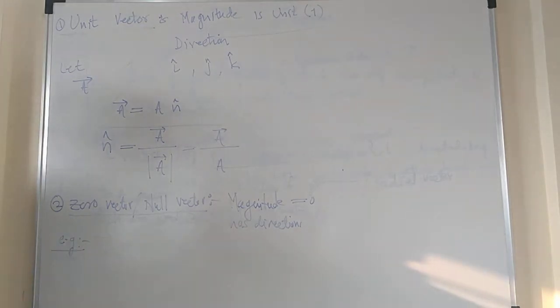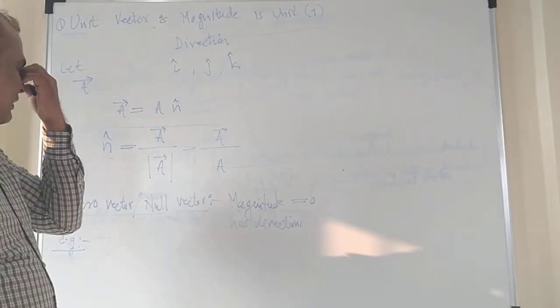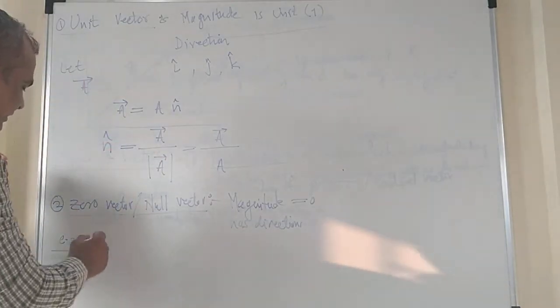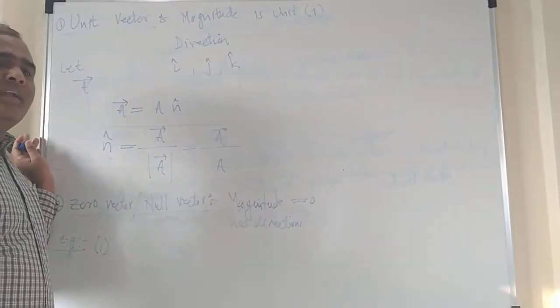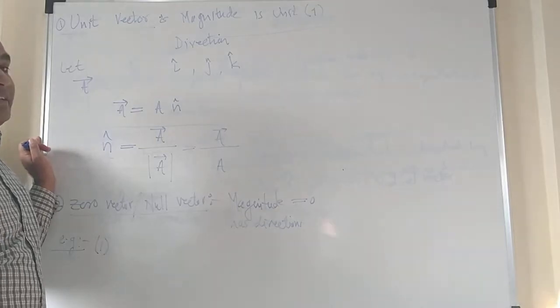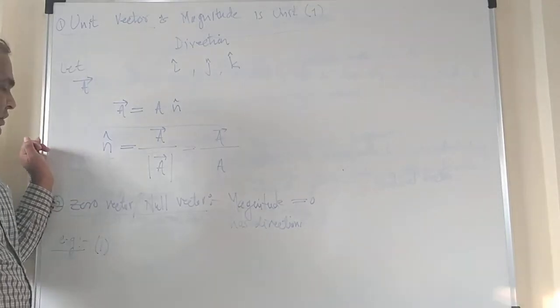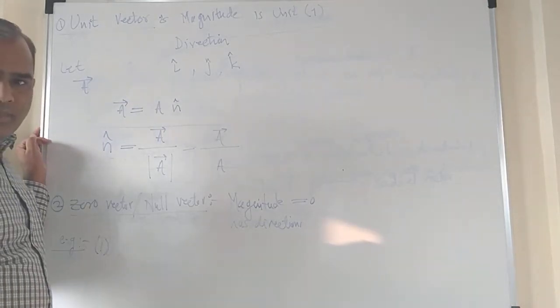You could find this somewhat difficult. What is a zero vector or null vector? But let me give you an example. What are the examples of zero vector? You can find physical quantities whose magnitude is equal to 0 but which have a direction. Then this kind of example becomes an example of a zero vector or null vector.